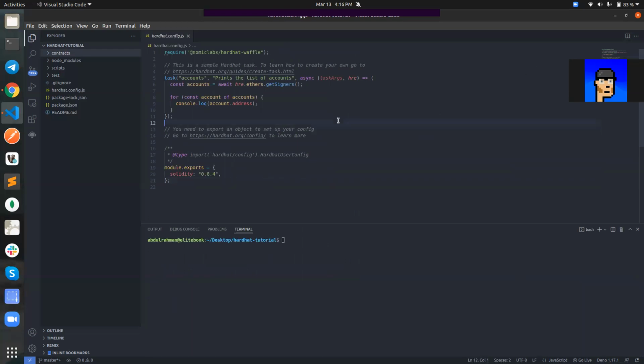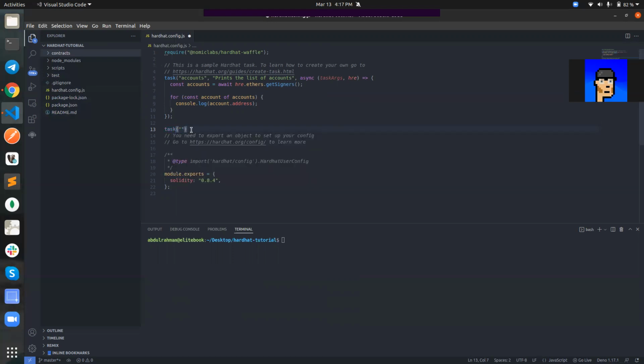Also, we have tasks. Like I said before, we have tasks in Hardhat. Basically you can create your own custom task, let's say you want to extend Hardhat features, because sometimes you need to do stuff in your own way. To create a task, you can come into this Hardhat config file, or you create another file and import it from inside here. For simplicity, I'm going to be doing it inside this Hardhat config file. So we have task,